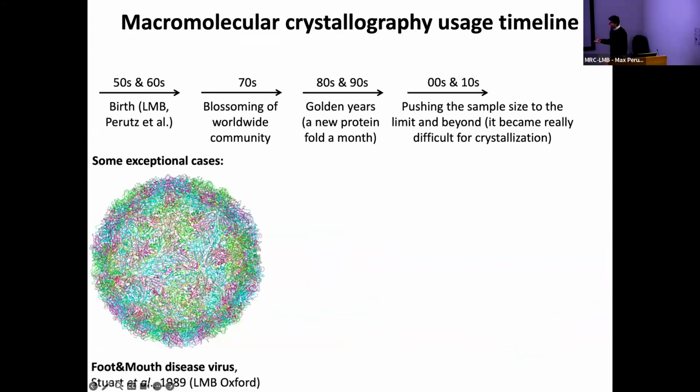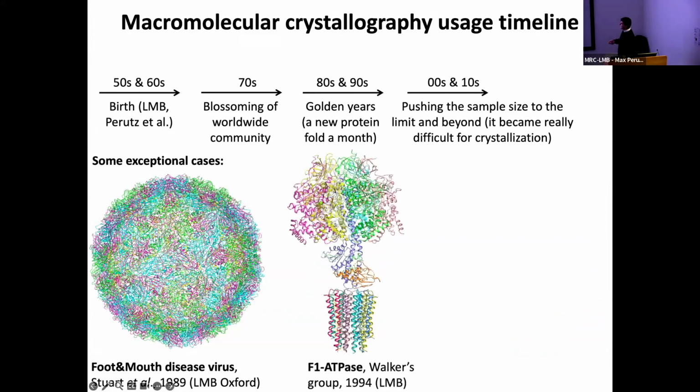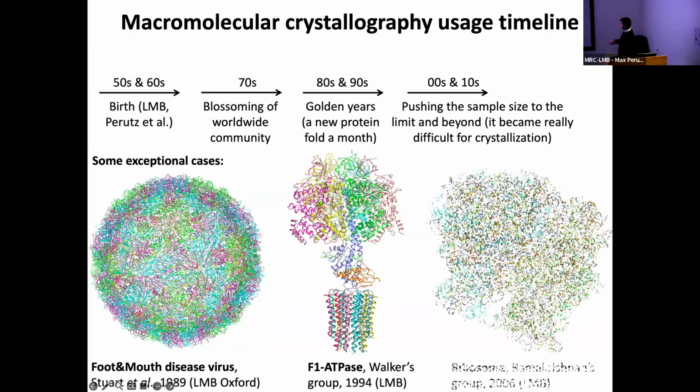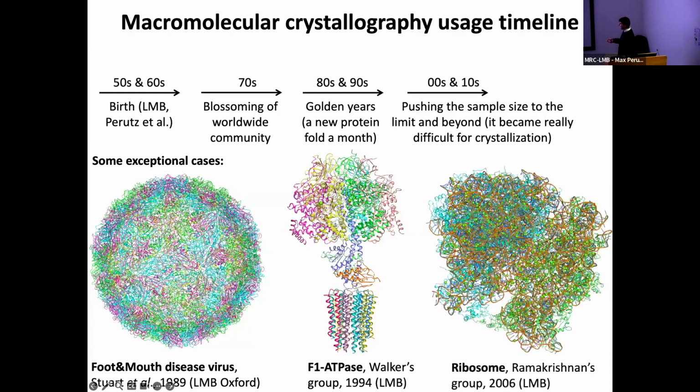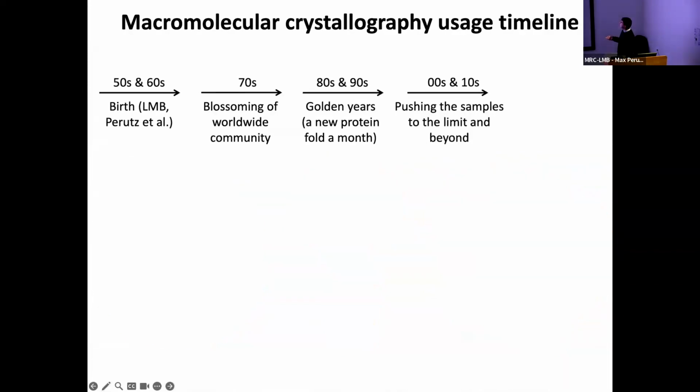There are some exceptional cases, like this huge virus that was done by crystallography somehow. The TPAs here, the LMB, of course, the big one is ribosomes. These are all incredible achievements, but they all took like 10, 20 years. They were like life projects. Now, with cryo-EM, we can do this much faster. In fact, the pressure is a bit off from crystallography now because cryo-EM is dealing with these difficult problems,